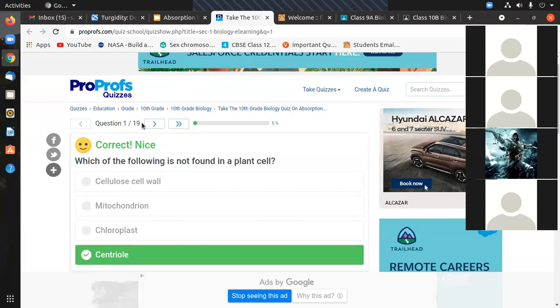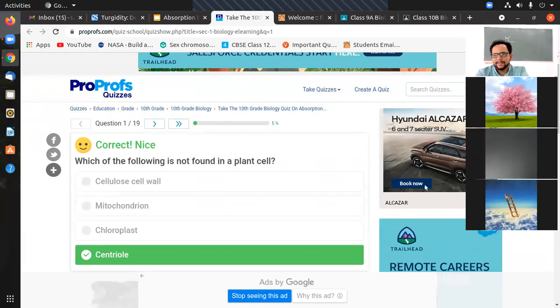Sir, there is a cell plate, I guess. I recall some cell plate would be formed in between the cells, formed in one cell which is about to get divided. That you are talking about at the end of anaphase or telophase, correct? Yeah, sir. These centrioles, where are they involved? Starting from prophase itself. That's where the mitotic spindle assembly or fibers develop.